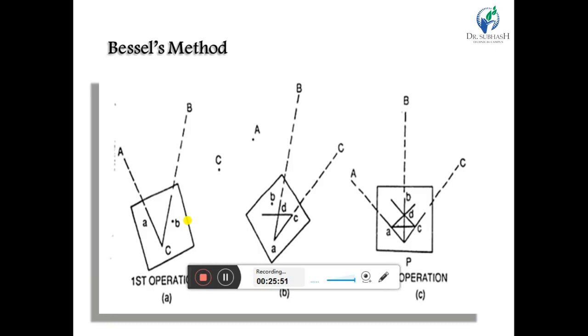We have to draw the ray from the intersection point B and the line AC. Our triangle ADC gives the